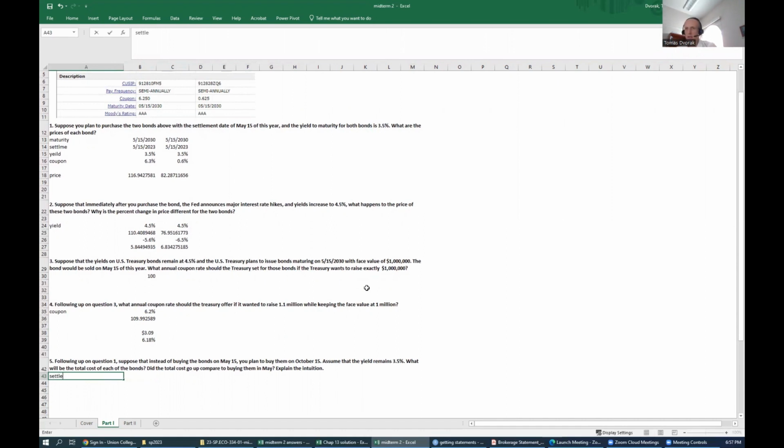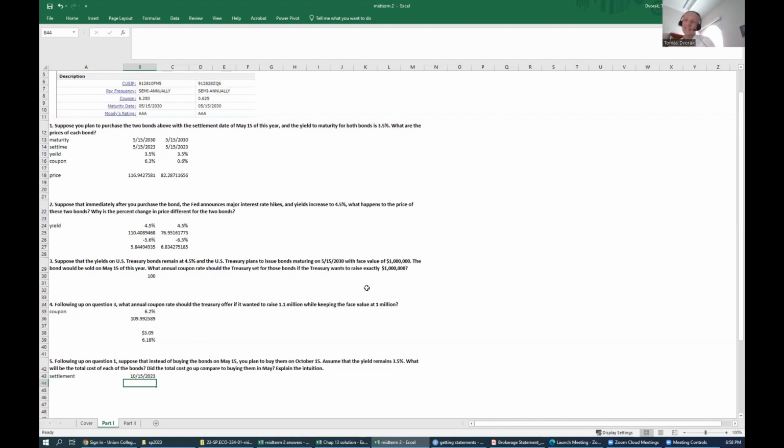Settlement now is 10/15/2023. Okay. And I want to know what the price is, but I'm going to have to also calculate accrued